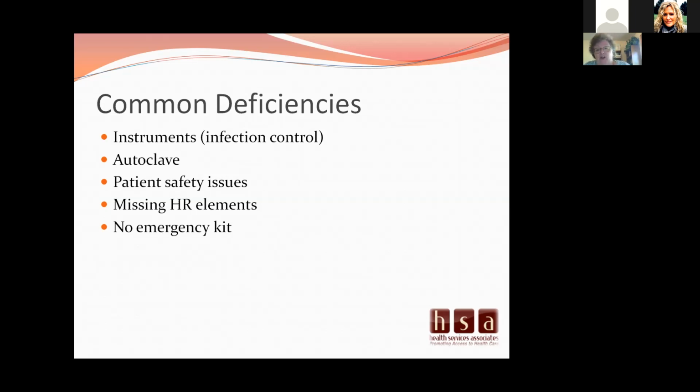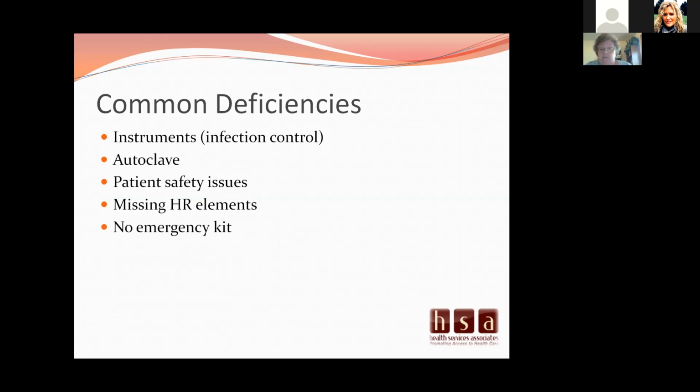And then they are going to make sure that you have the solutions that are recommended by the manufacturer's guidelines, and that you are following the exact steps for that particular autoclave. And we have seen deficiencies in this area. We've seen some deficiencies in patient safety issues, that if there's a safety issue and you've ignored it, that's a risk. And so they may address that under the patient safety J codes.